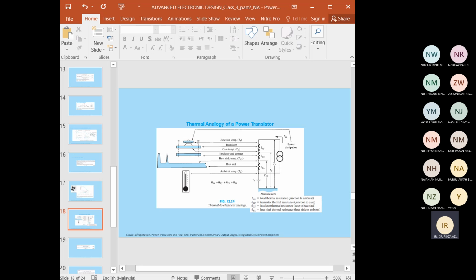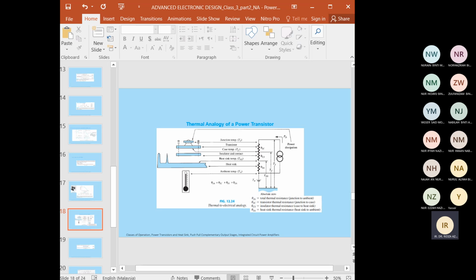Okay, so when we apply the power, on the top here is the junction temperature. Below it is the transistor, and then we have the case temperature, the insulator, the heatsink,